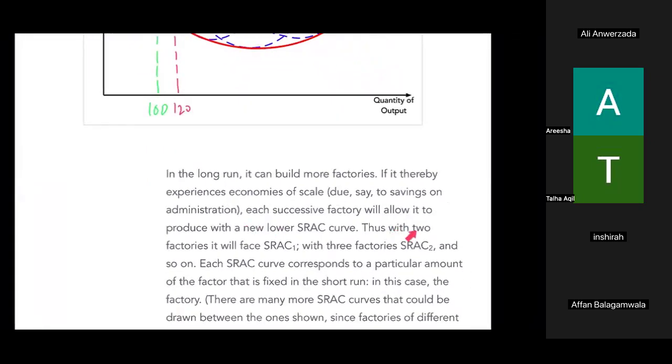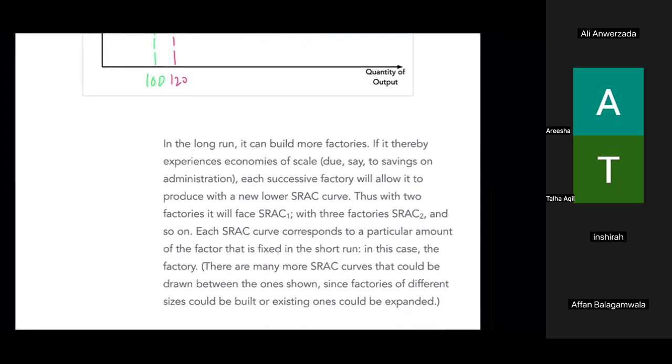that with two factories, it will face, for example, SRAC1, with three factories, SRAC2, and so on. Each SRAC corresponds to a particular amount of the factor that is fixed in the short run, in this case, let's say, factory. So there are many SRAC curves that would be drawn between the one shown, since factories of different sizes could be built